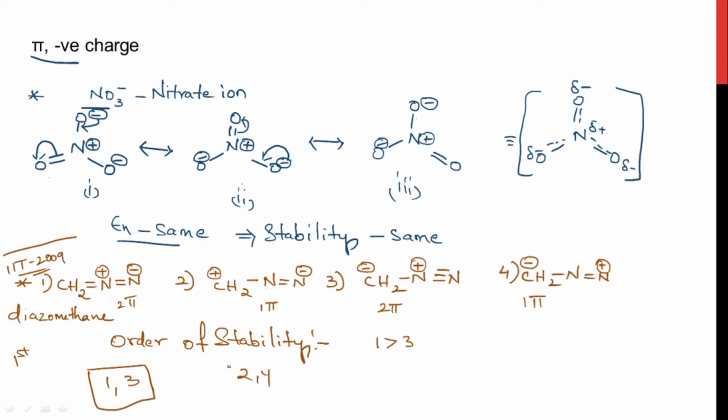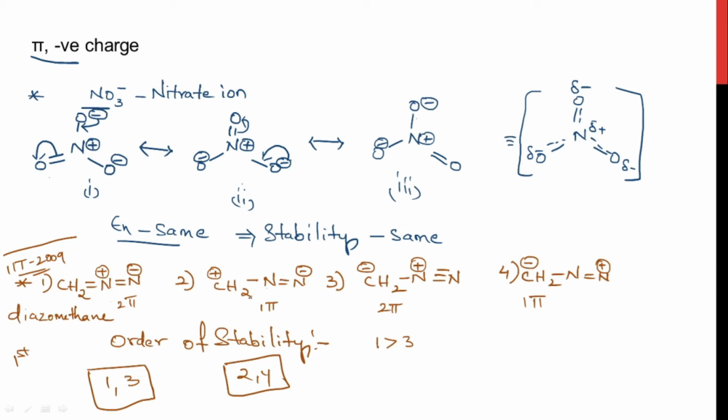And comparing the second and fourth one now. These two options are less stable than the first and three. So by applying the first rule, we could not differentiate between 2 and 4. Now coming to the second rule, which says neutral species are stable, but there is no neutral species. Then coming to the third rule, it says like charges should be far from each other, unlike should be closer to each other. Both the options have the same distance between the unlike charges. So you can't apply the third rule also here.